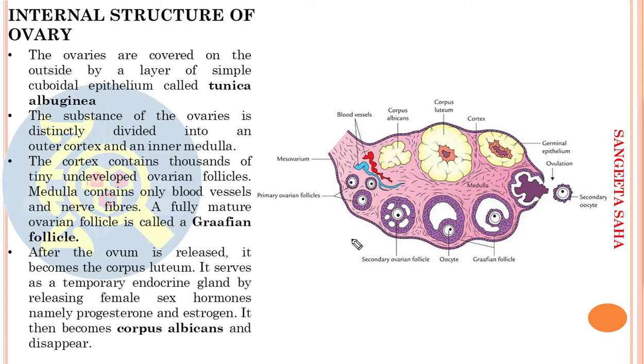The outermost part of the ovary here is the tunica albuginea. Inside this ovary, you will get two zones present. One is the outer cortex, which is lined by reticular connective tissue. The inner part is the medulla, which consists of areolar connective tissue. Now inside this medulla, you will find various stages of follicles. We are going to start with the primary follicle here.